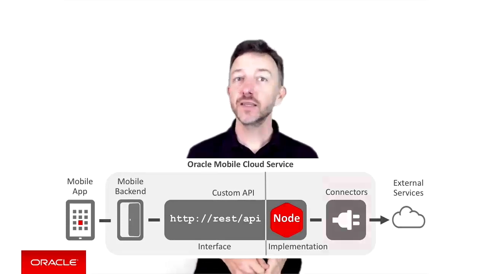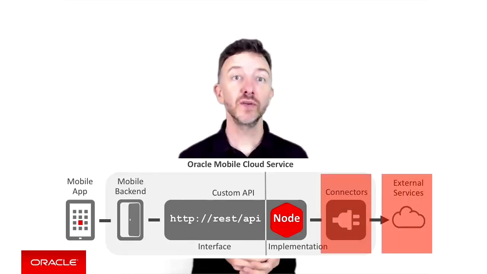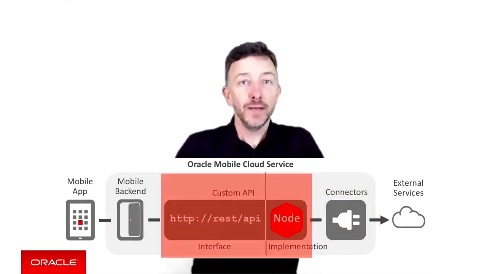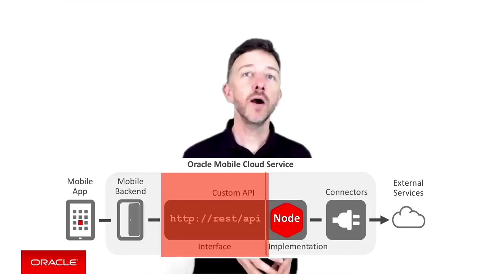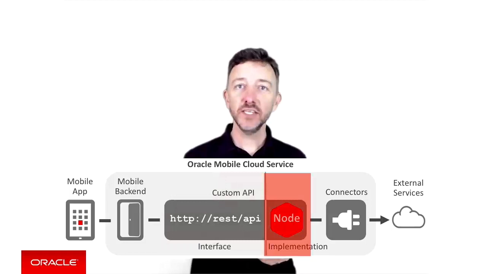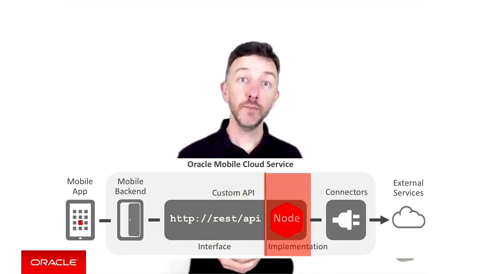Firstly, we need to create something called a REST connector to connect to our remote REST on-premise service to expose the customer data to MCS itself. Then in MCS, we create a custom API with its own REST endpoints to allow our mobile app to access the data. In terms of implementation behind that custom API, we write Node.js code that will accept the REST request